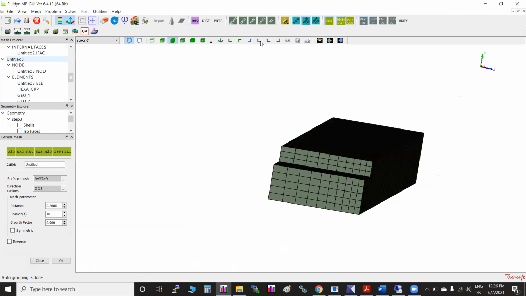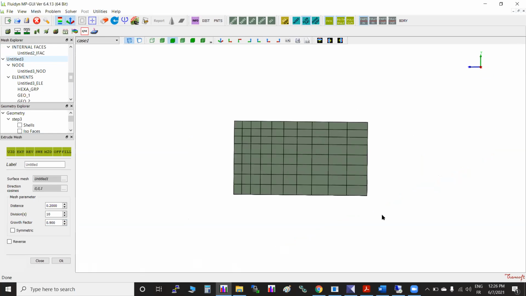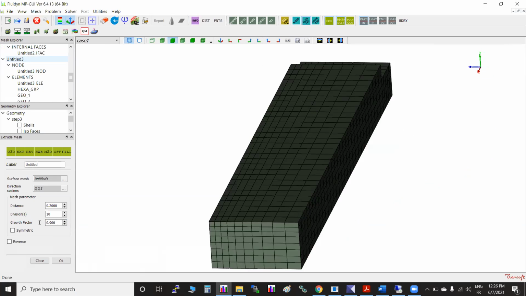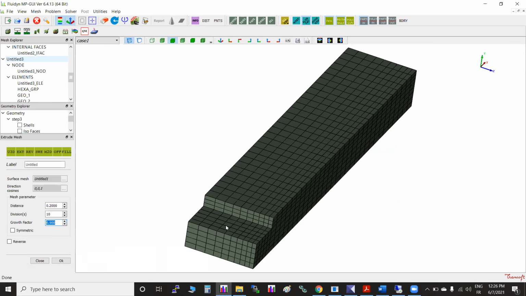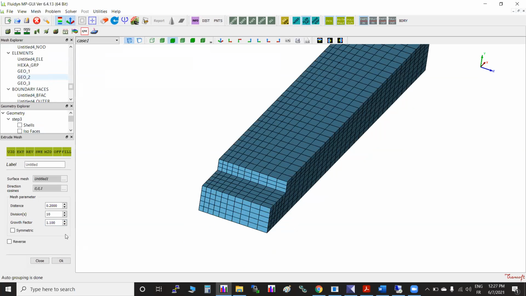I hope it is visible maybe in this plane. So it has 0.9, it has created coarse to fine. So we have a coarse mesh, then fine mesh like this, in Z direction, positive Z direction. If you give another direction, it should be 1 by 0.9, which will be close to 1.1. So if you just create, it will be in opposite direction. And like coarse to fine, fine to coarse.